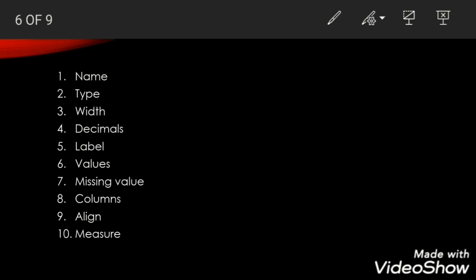Label is the meaningful phrase with spaces in between the words. It describes the variable and also appears in the output. In the name, we have entered the shortened view. Here, we can give a detailed description of the label, and only this label will be displayed in the output viewer window. It is important to assign meaningful labels for the variables.